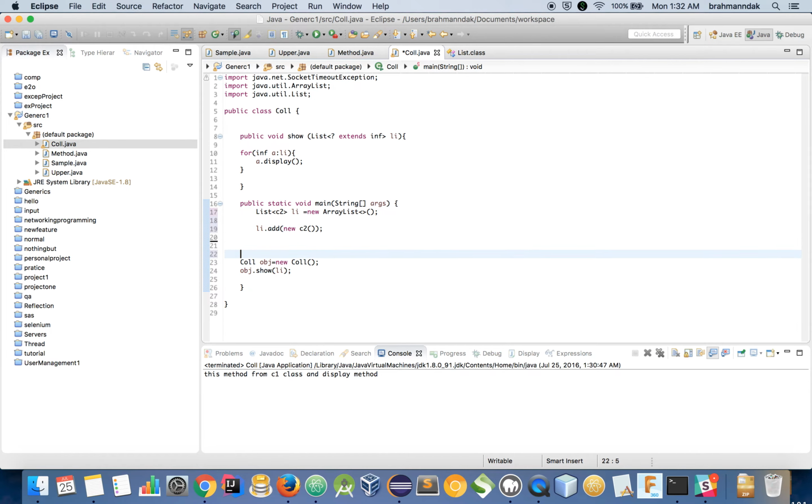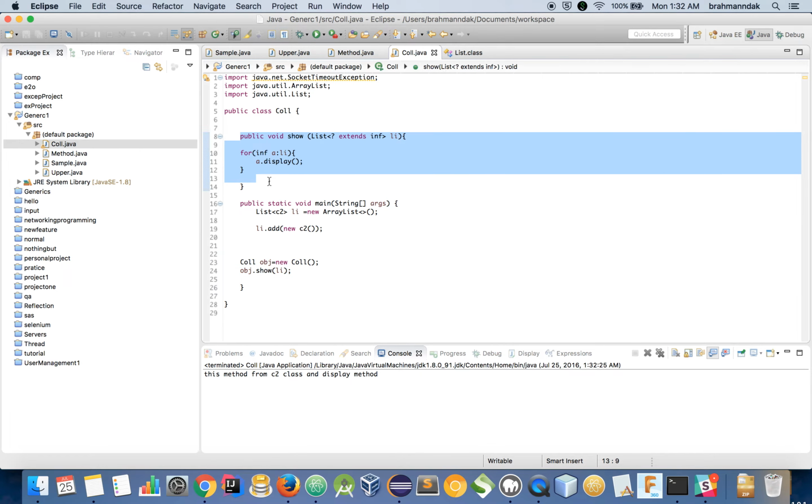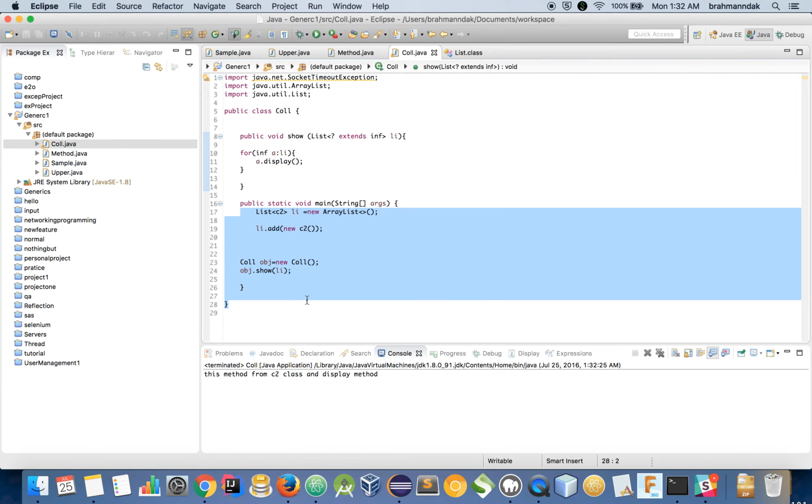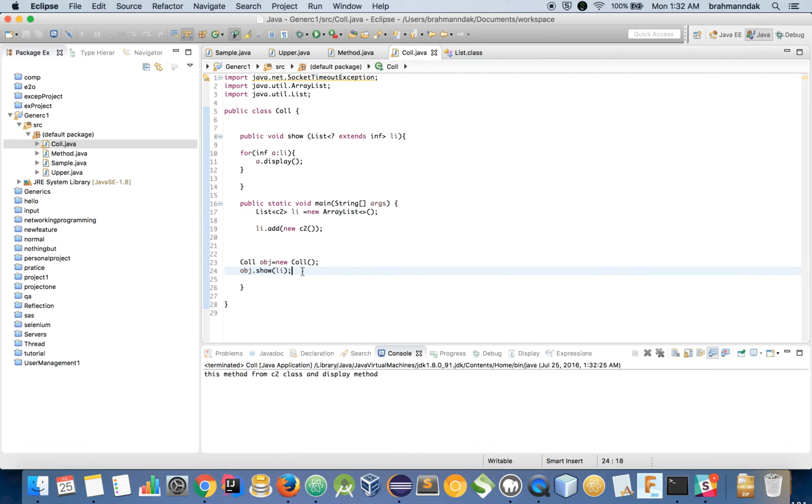because we are giving type safety. So type safety, and we didn't change anything in the show method. So we just changed it at runtime. Okay, in the main program, whatever is there, it is for runtime. So let's do one more. This is called upper bound because whatever method is present in the INF, and if it is